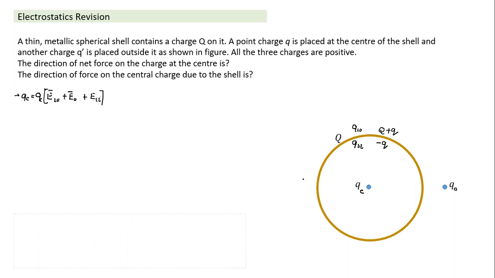Three different charges will create a field. I have already mentioned how the distribution of charge on the outer surface takes place. The charge will rearrange in such a way that the field due to this plus this, anywhere inside the surface, has to be zero. So basically these two will create zero field in any interior region. So this becomes equal to QC and the charge induced on the inner surface. And the inner surface charge is uniformly distributed. Since it is uniformly distributed, the field inside is zero. This is like a spherical charge distribution. The force also will become zero.